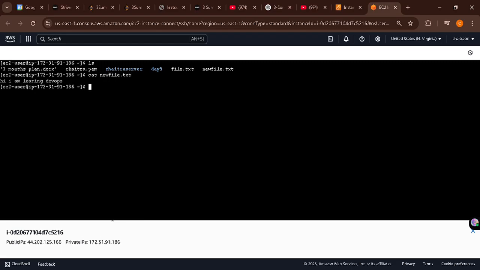So let us copy the text from the cider.pem file to the new file, the file that has been created. Okay, new file that has been created. We'll view what is there in new file.txt. Okay, only this much is there, so let us copy from Chaitra.pem to the new file. So what we do is